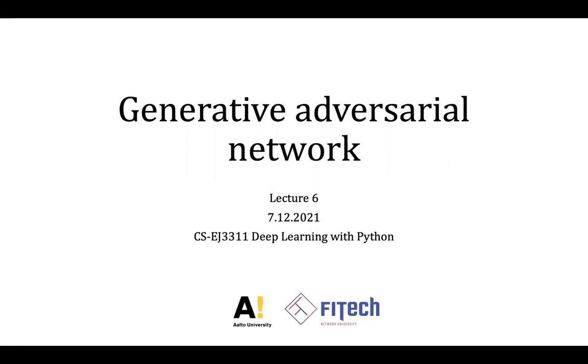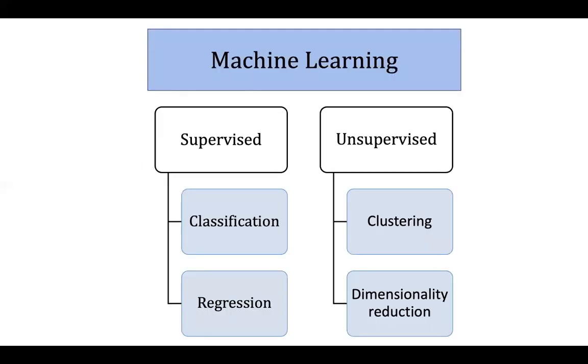Today we have our last lecture where we talk about one of the specific types of generative model, which is called generative adversarial network. So far in this course, we talked only about classification problems and just a bit about the regression problem. Those are machine learning problems or methods that are called supervised. And the basic characteristic of the supervised methods is that for each data point in our data set, we have associated